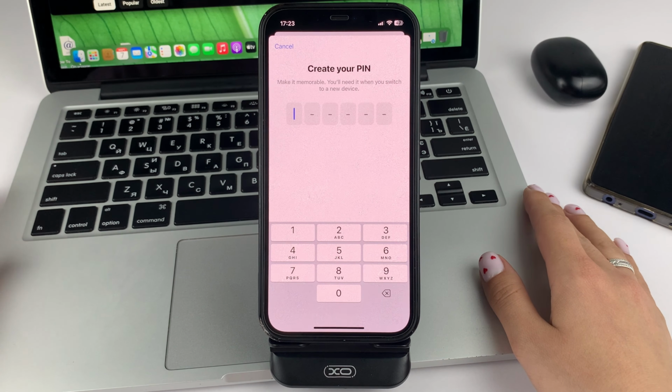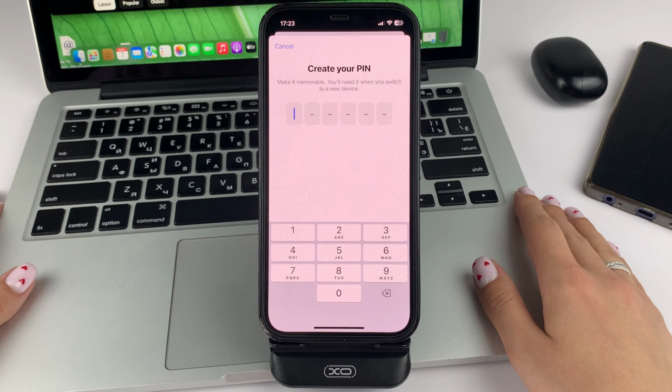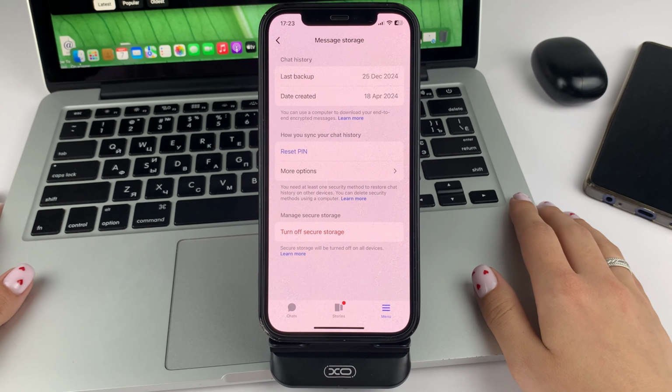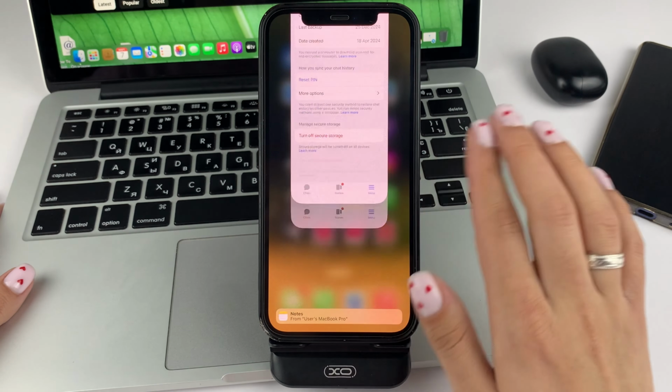When you enter the new PIN code for Messenger app twice, you will reset it and automatically save the new PIN code. That's how quick, easy you can reset PIN code on Facebook Messenger.